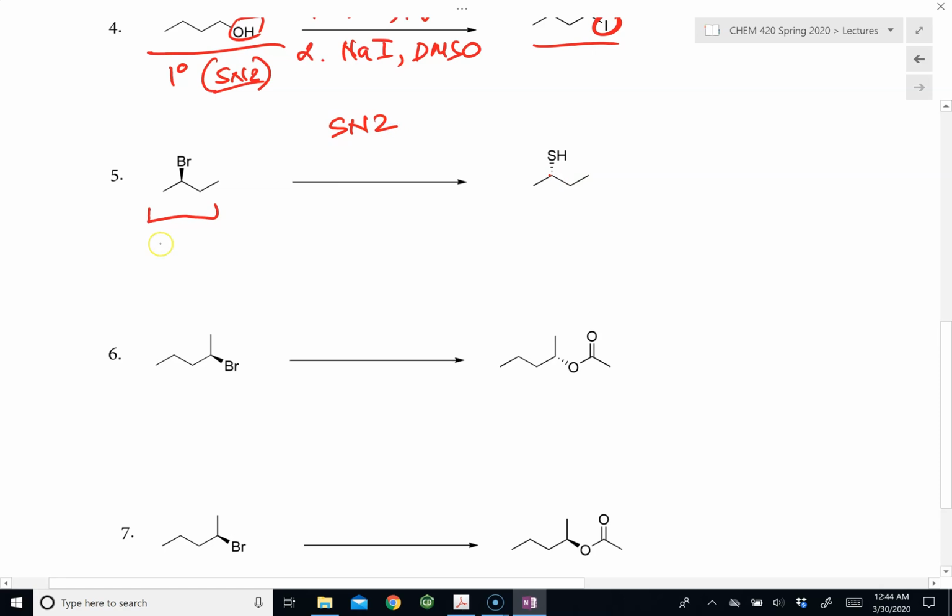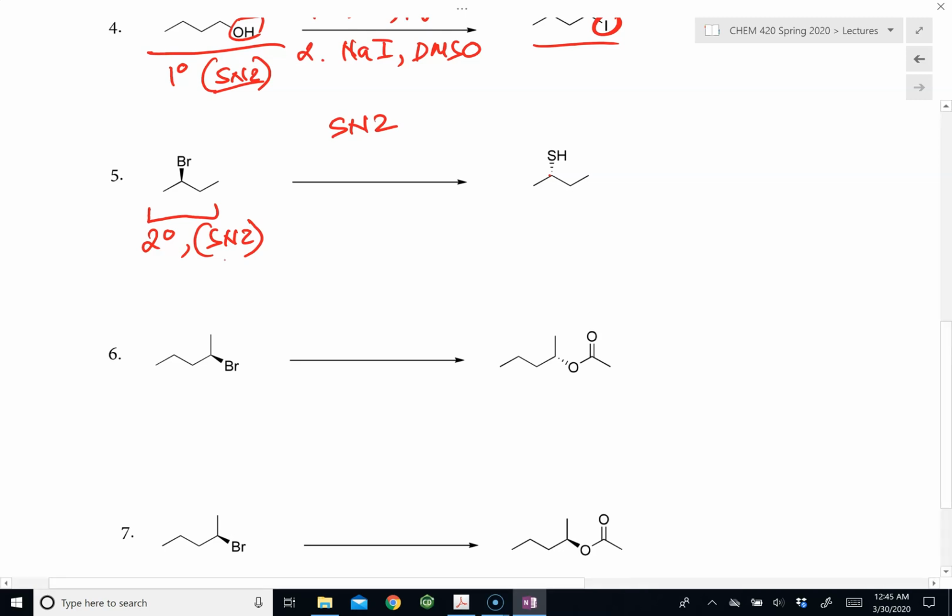In this case, our substrate is secondary, which means that we can also do SN2 as well. But in order to favor SN2, we have to have a good nucleophile, because a secondary substrate can do both SN1 or SN2. So we have to somehow limit the possibility of SN1 by having a good nucleophile and, second,